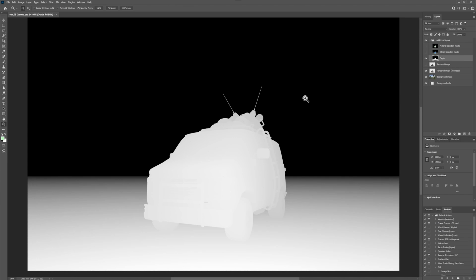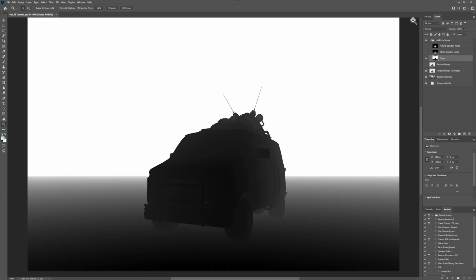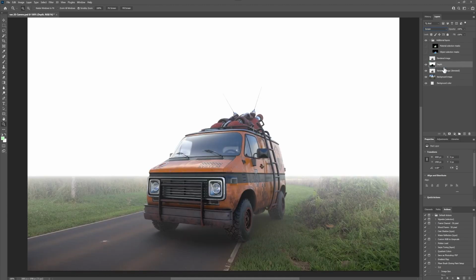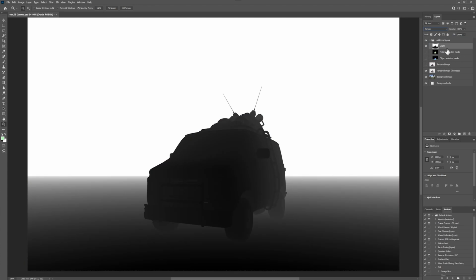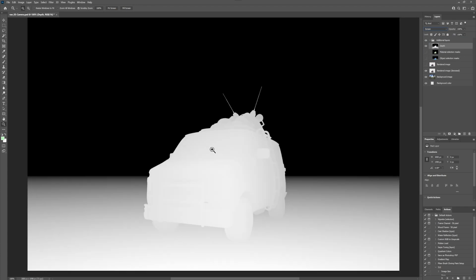An easy way would be to invert and then potentially go with something like Screen, for instance, like that. Or you can also use it to emulate depth of field. We're not going to use any of that for this lesson,